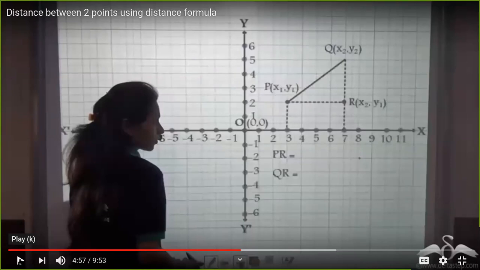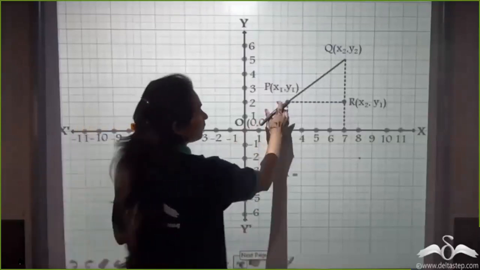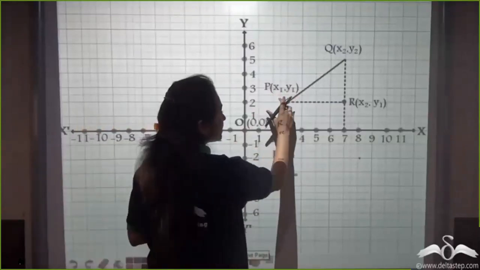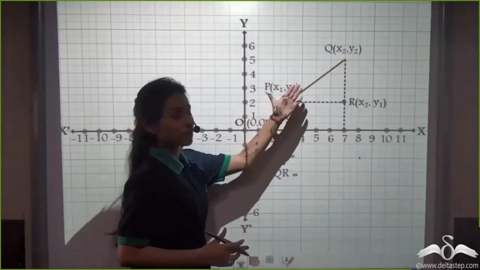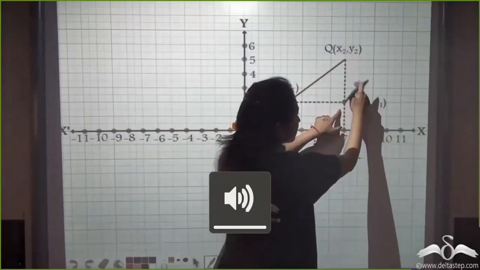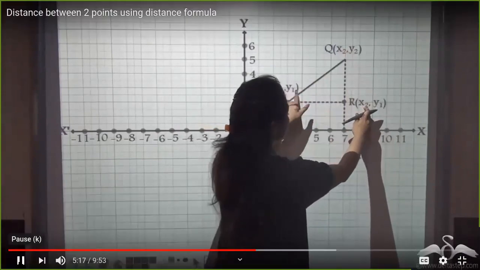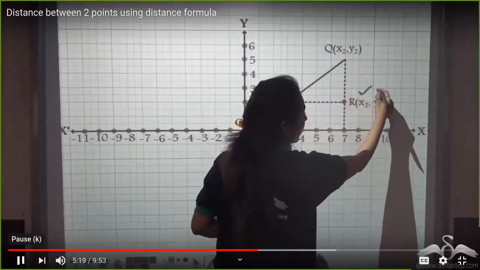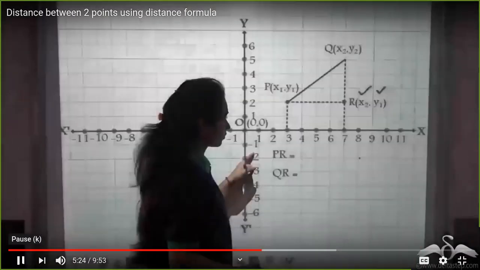Okay, as you're drawing, you can listen to the video because anyway I'm recording this. It will be available to you by evening. Now, instead of those points, what we have done, we've taken variables. So P is x1, y1 and Q is x2, y2. Now, according to these 2 points, you could name R, where R has the same x coordinate as x2 and R has the same y coordinate as P, so y1. So we have found x2 and y1 as the coordinates of R.